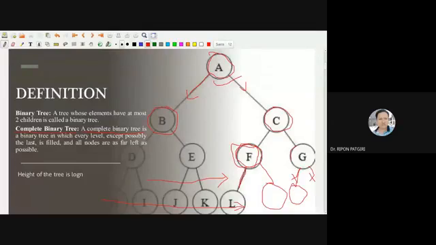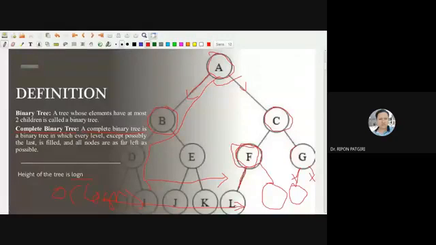The height of the complete binary tree is exactly big O of log n. What is the height of the tree? Big O of log n. This is the total height of the tree, and n is the total number of nodes.